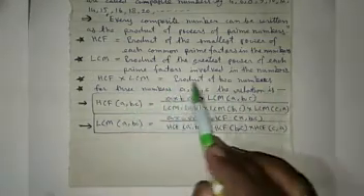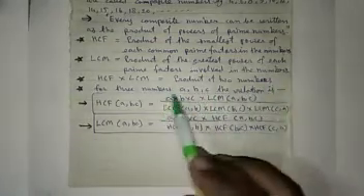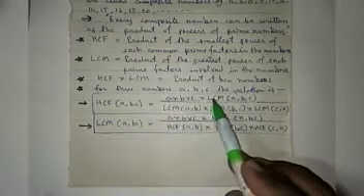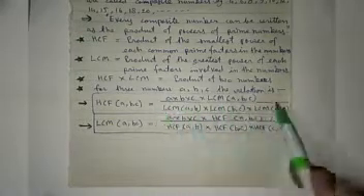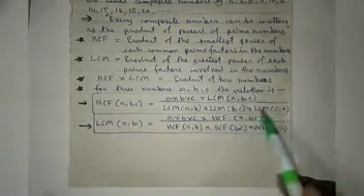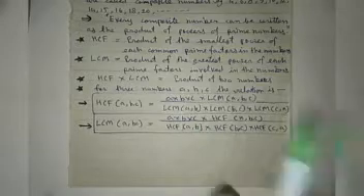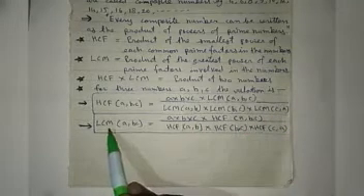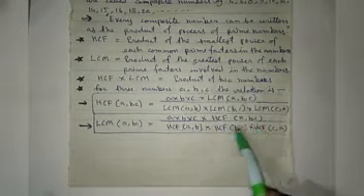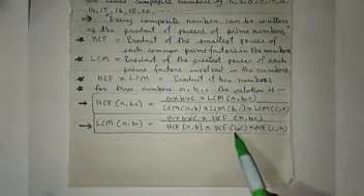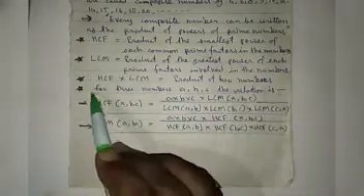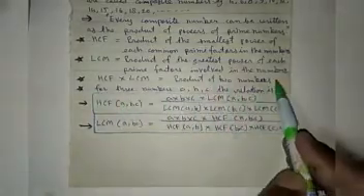For three numbers, this relation is not applicable. For three numbers A, B, C, the relation is HCF of ABC is equal to A into B into C into LCM of ABC divided by LCM of AB into LCM of BC into LCM of CA. Means you have to take the LCM of two numbers at a time. For LCM of ABC, it is equal to A into B into C into HCF of ABC divided by HCF of AB into HCF of BC into HCF of CA. This is applicable for three numbers and the earlier one is applicable for two numbers.